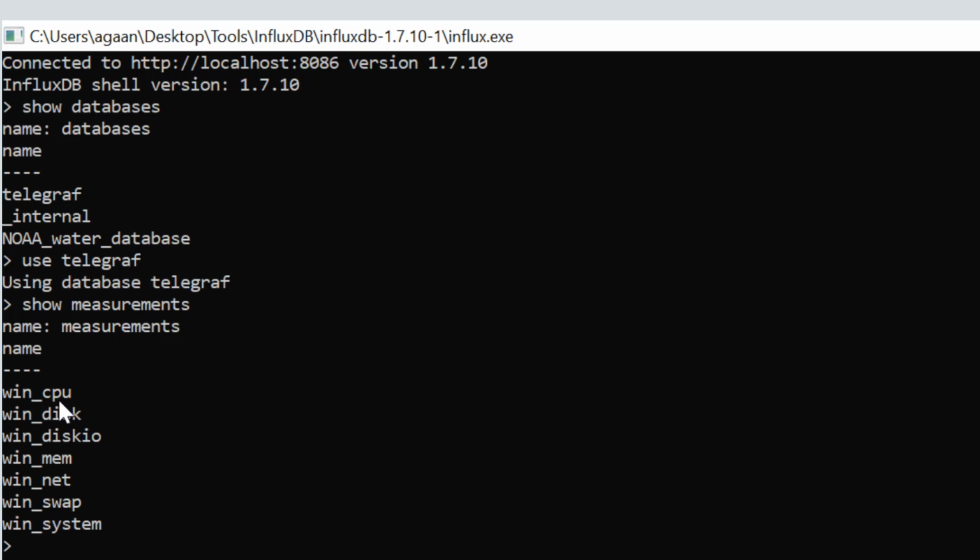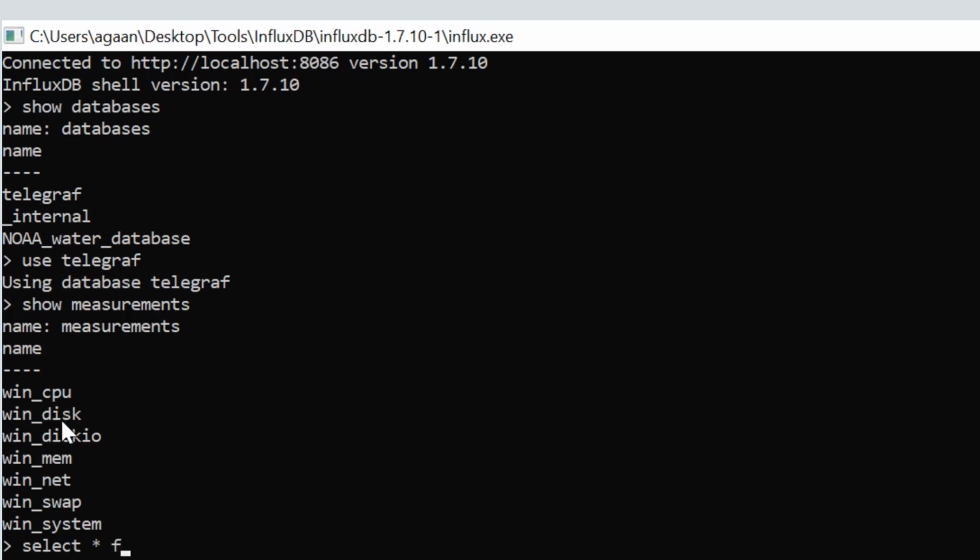Each measurement pertains to an object, and the counters are inside these measurements in the form of time series data. Let's see one of the measurements, and I am sure it will be very big.